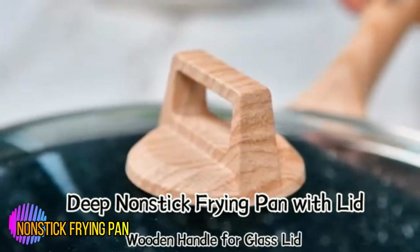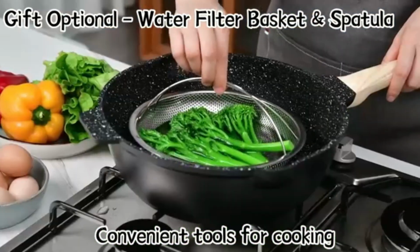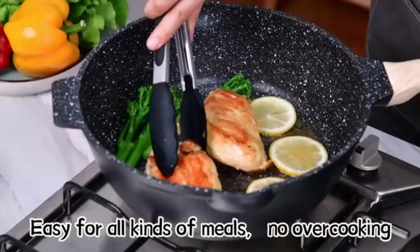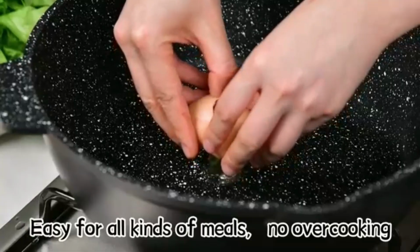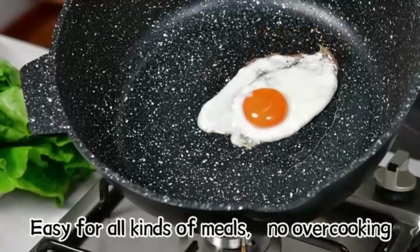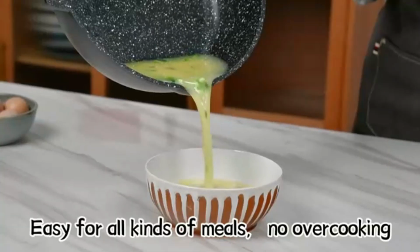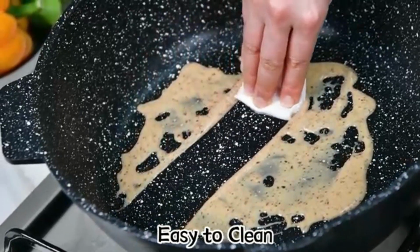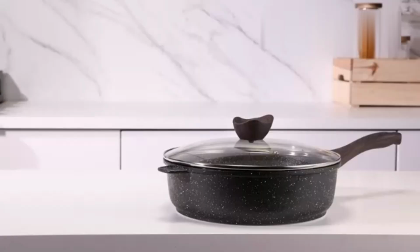Non-stick frying pan. Swiss non-stick coating. Switzerland ILAG non-stick granite coating. PFOA-free, smokeless, safe, healthy. Cooking with little oil for a healthy diet. Suitable for all stoves. High magnetic conductive stainless steel base allows the deep frying pan to work on all cooktops, including induction. The core of the frying pan is made of die-cast aluminum, which is sturdy and heats up quickly